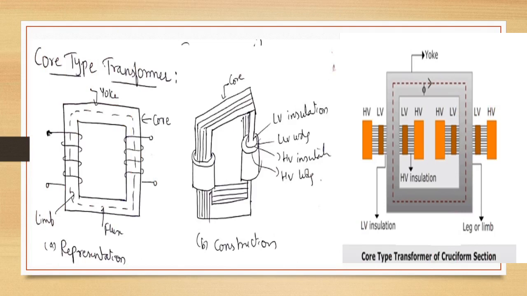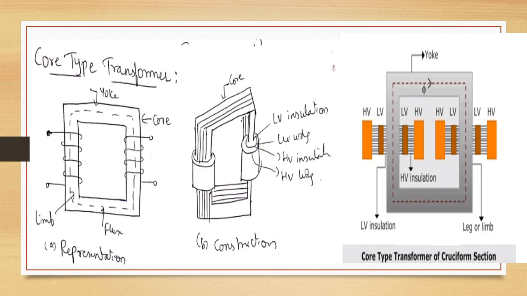Let us see the core type. Core type has a single magnetic circuit. The core is rectangular, having two limbs. The horizontal part is the yoke and the vertical part is the core here. The winding will encircle the core. Coils used are of cylindrical type. These coils are wound in helical layers with different layers insulated from each other by paper. Both the coils will be placed on both the limbs.